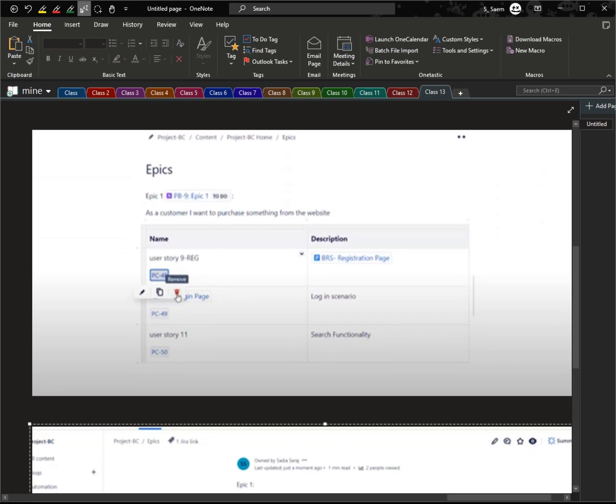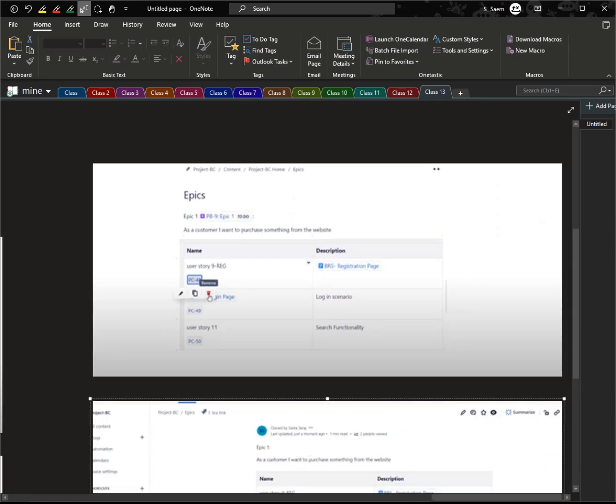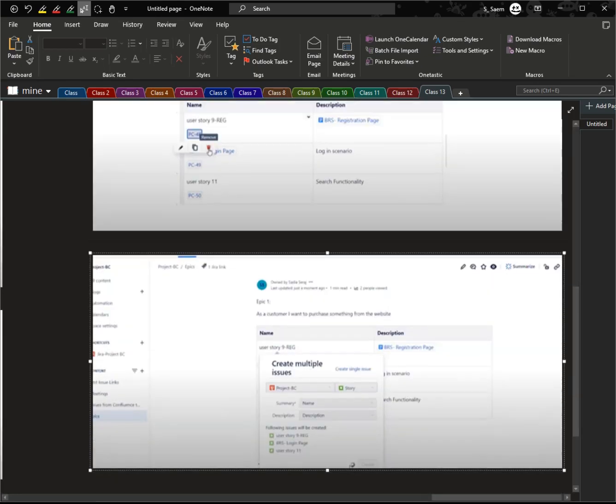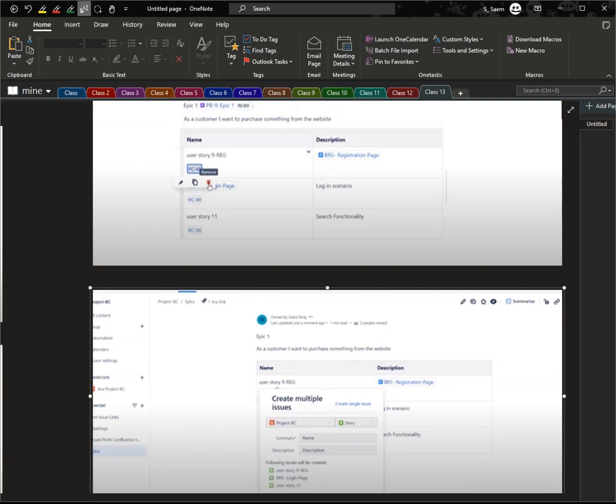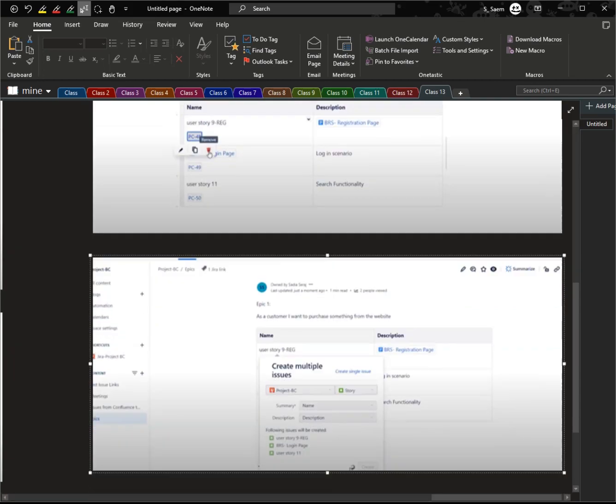So here you can see, let me edit this part again. For now, I'm deleting all the ticket numbers. If I hover over it, the option to delete will appear automatically. However, sometimes it may take longer than expected. Okay,